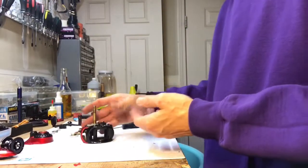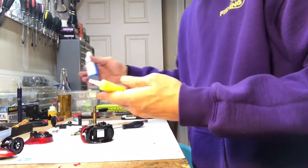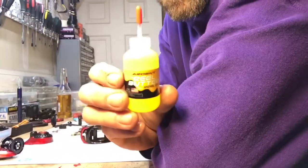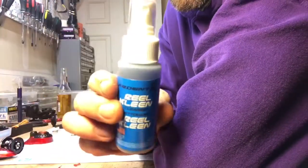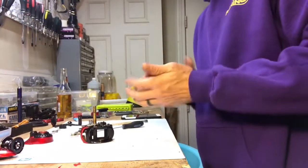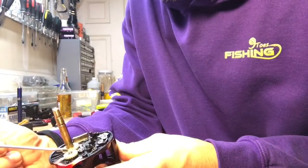So from a product standpoint, I don't have any affiliation with any other cleaning companies. I use Ardent stuff, Real Butter for the grease, or for the oil, Real Butter for the grease, and then this is just a Real Clean, so you can clean it up as you go for just your basic everyday maintenance. So a couple of the areas that I put the grease on, obviously here where these gears